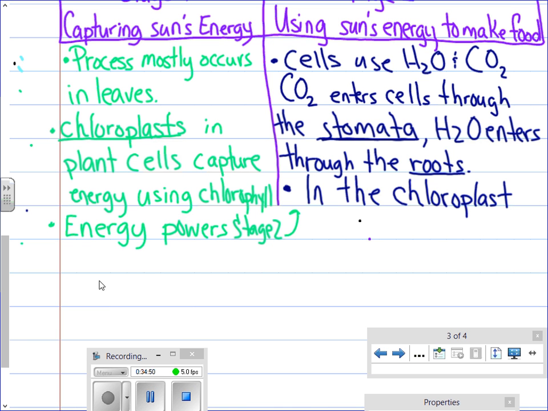We already talked about the sunlight. In this stage, what are they using? Water and carbon dioxide. So in the chloroplast, H2O and carbon dioxide